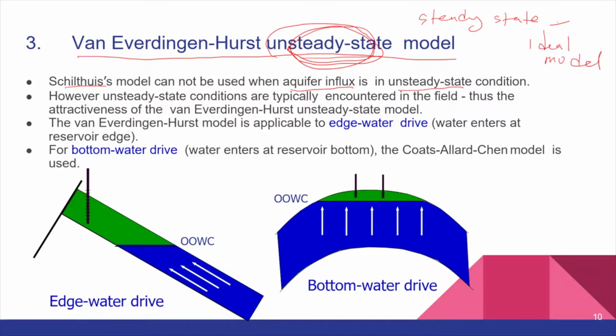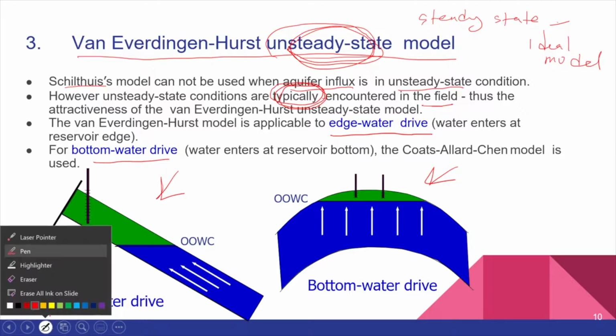However, most of the time in the field it will be unsteady state. So that's why we have to use the Van Everdingen-Hurst model. And this model is applicable for both edge water drive, which is this diagram, and bottom water drive, which is this diagram. So edge water drive means that